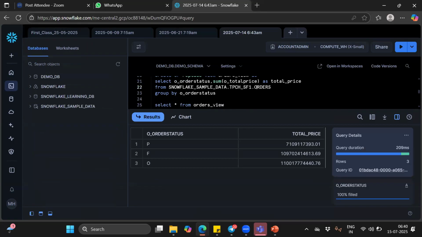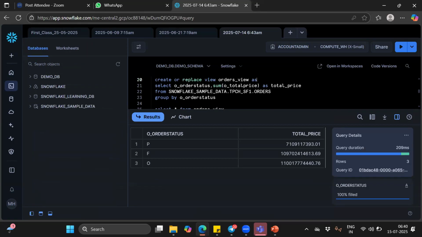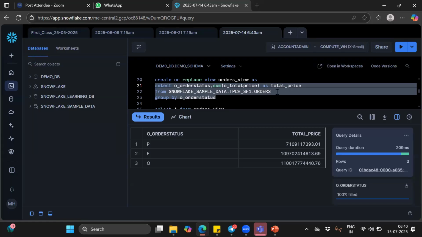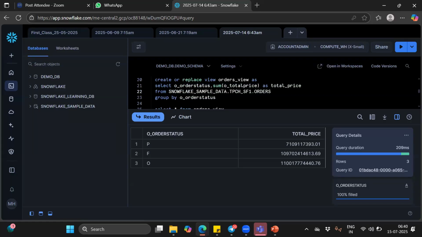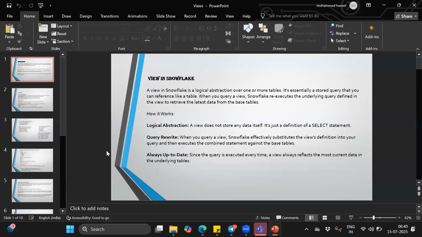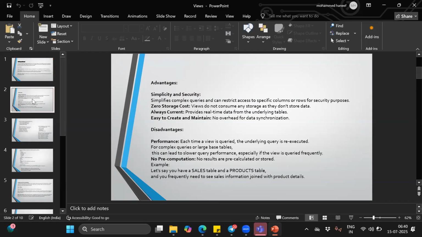If you see, yesterday we have created a view. This view will give you the real-time data which is available in the base table. So I have prepared some kind of a document. Mainly, the advantages of a view are one is simplicity and security, which means it simplifies the complex queries